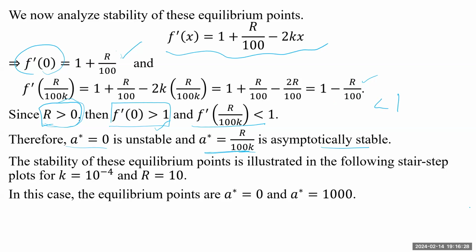So how do we get the equilibrium points, and then how to apply that theorem? The derivative f dash of 0 is greater than 1, therefore the equilibrium point is unstable, right? Under R over 100k, where R is greater than 0, this equilibrium point is asymptotically stable. So how do we visualize this stable point with respect to the stair steps diagram or cobweb diagram, right? So let us take